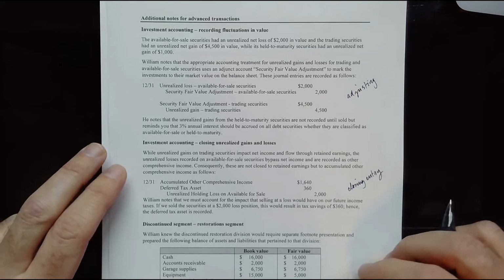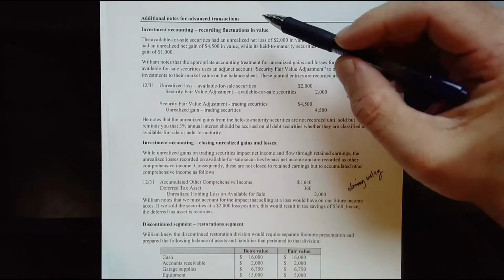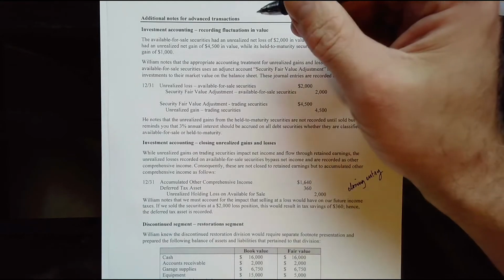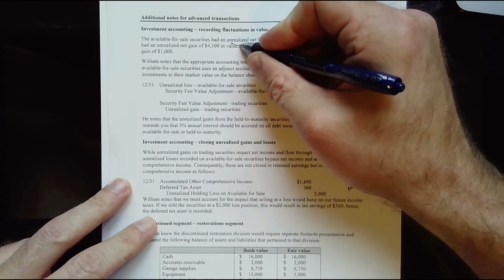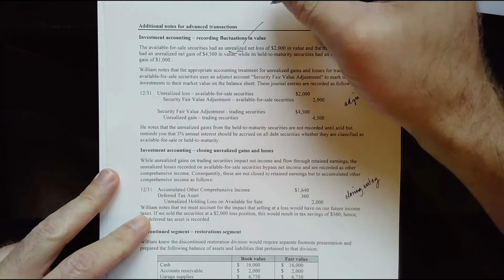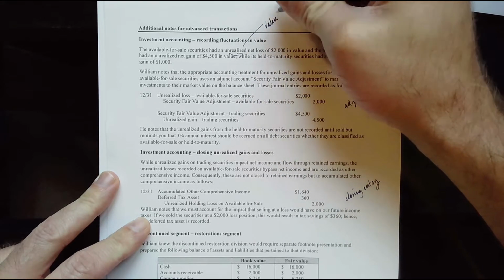However, I want to describe a few things around these entries that are of import that can sort of cement some of the things we've already talked about and help us, especially going forward into the income statement and so forth. So when you have these unrealized gains and losses in various securities, first, what does an unrealized loss or gain mean? Of course, that means that we've had a fluctuation in value for these underlying investments. So we've had a value fluctuation in the market,